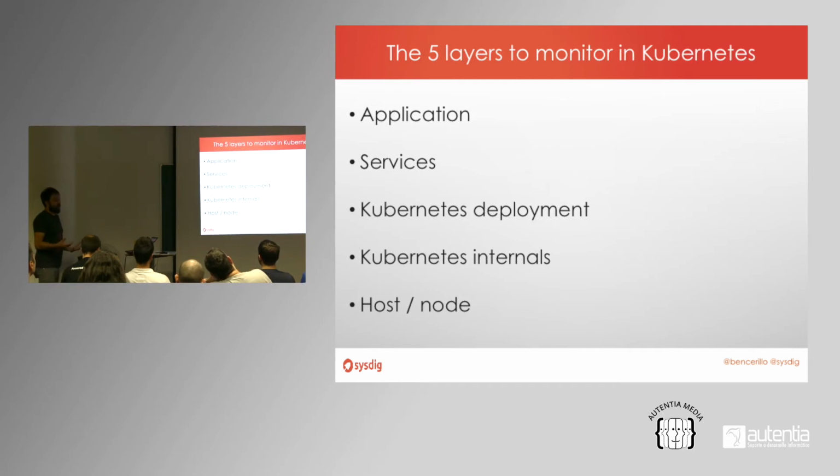When I'm looking at implementing monitoring in a Kubernetes cluster, there are at least 5 layers that you should look at. The application layer, this is not new. You should have been doing this before, looking at how many transactions I had in my shop. Those KPIs of your application. Then the service level, so if I'm using this middleware or this application, this database, this web frontend, the metrics